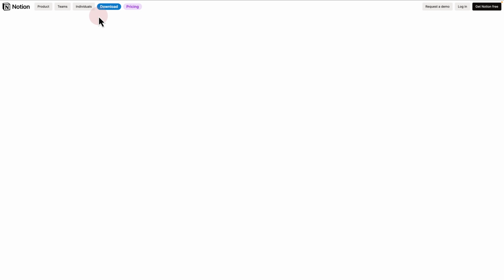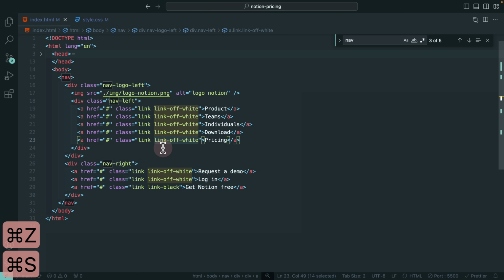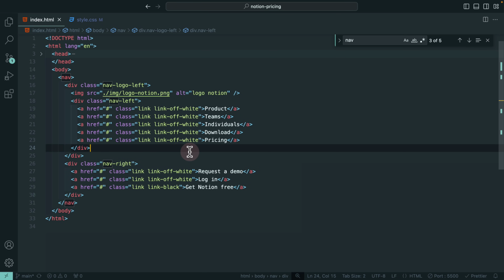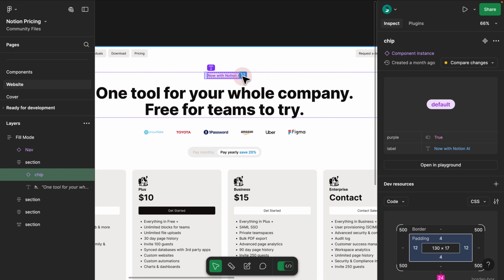So I'm going to revert the changes, so we are back to our original link design. So here I would just Command and Z multiple times, so we are basically back to link and link off white. So since we managed to recreate the chip component using HTML and CSS, all we have to do is visit the website and now replace